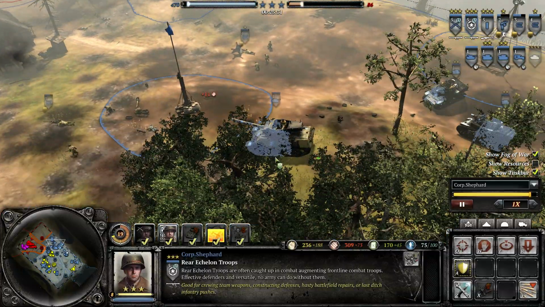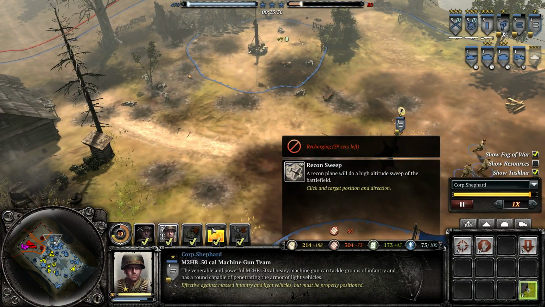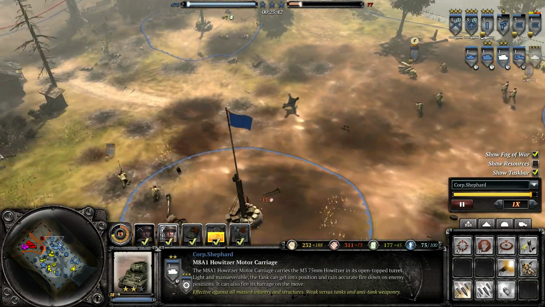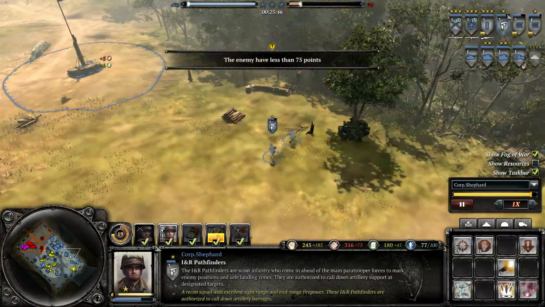It's not really any better than the Major's version. Most of these recon sweep powers actually aren't that good because of that. Everybody has them, basically. But it is on demand. The Major has to get within a certain radius, so...